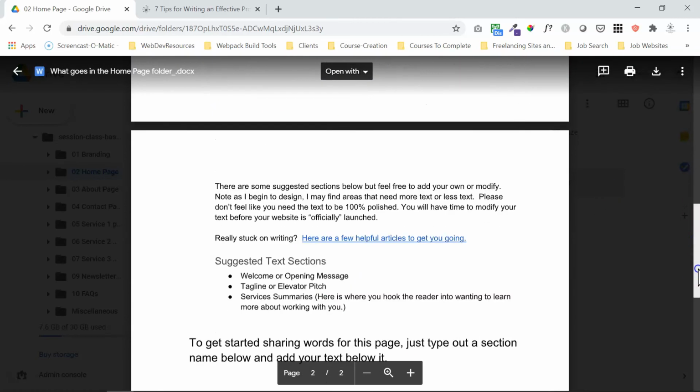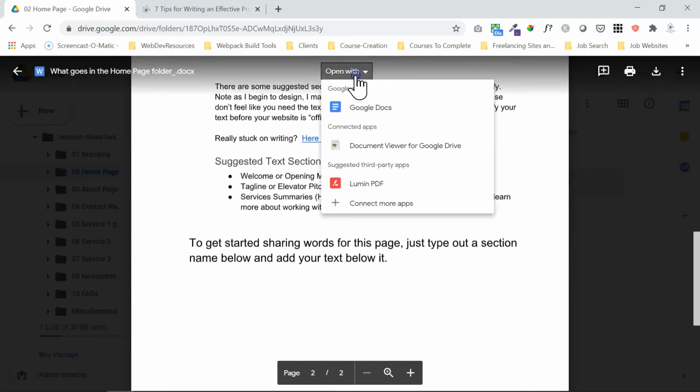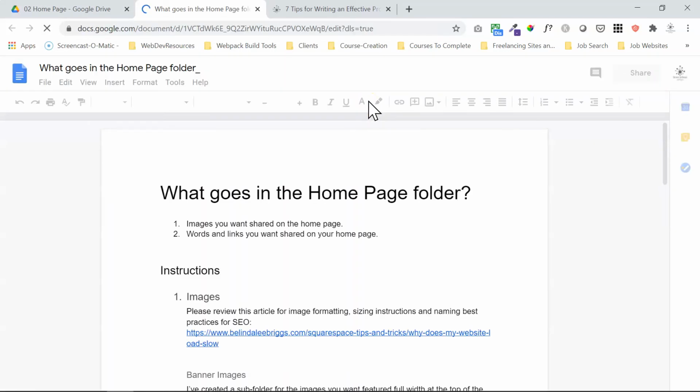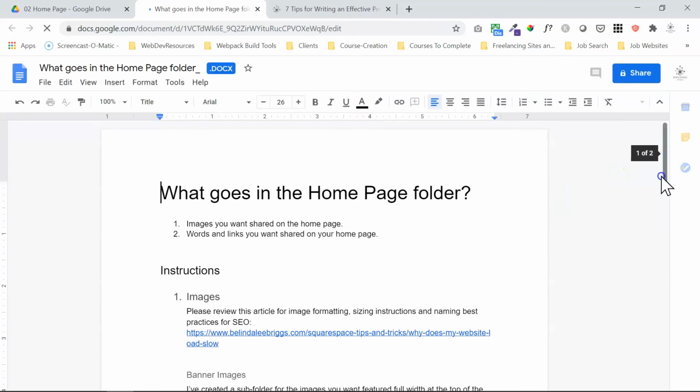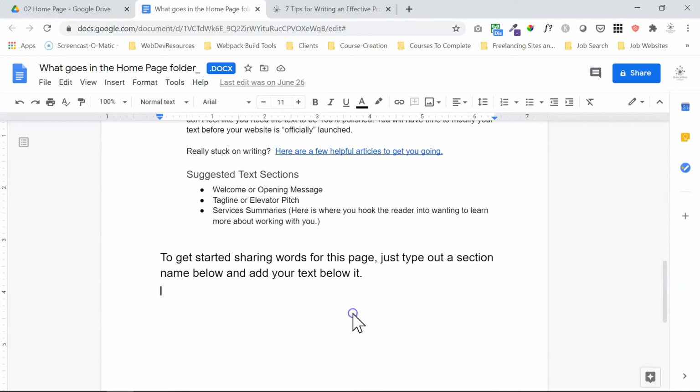And then when you're ready to write, what you actually want to do, this is the first page we're talking about making content in. What you're going to actually do is open this document right in Google Docs. And you're going to write right in here, right below this text. Just start writing right in there, whatever you want. If you decide you want to write on your own computer,